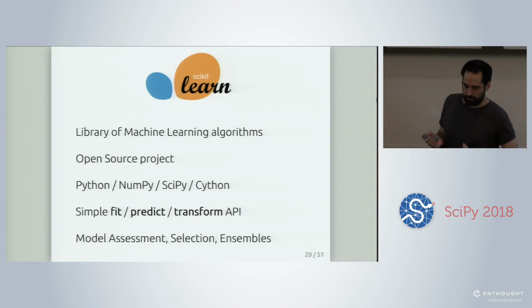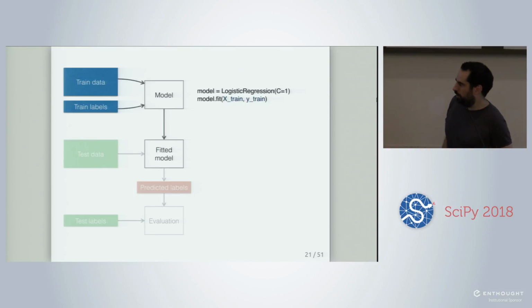So this is, I think, what makes Scikit-Learn very interesting. And finally, we also provide some additional tools like model assessment to evaluate the quality of a model, the predictive quality of a model. Model selection to automatically select the hyperparameters of the model. We will also present that this afternoon, I guess. And also how to build ensembles of models. For instance, some models like decision trees are not very good when you train them individually, but if you train a big ensemble of them, they are much more accurate.